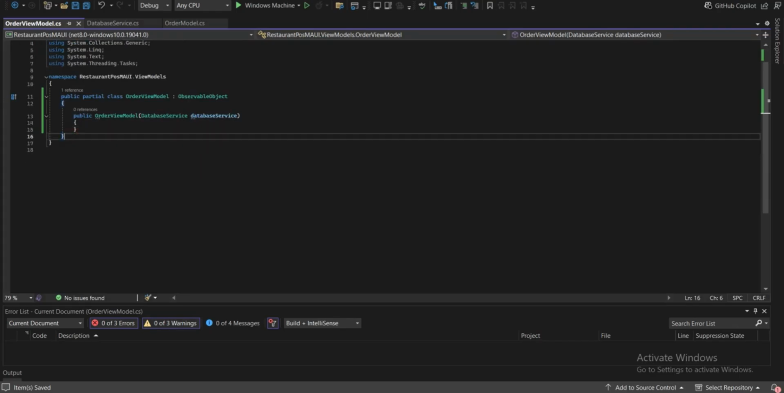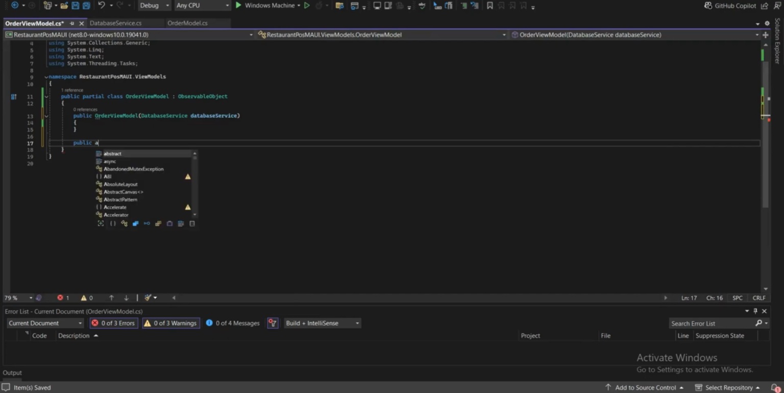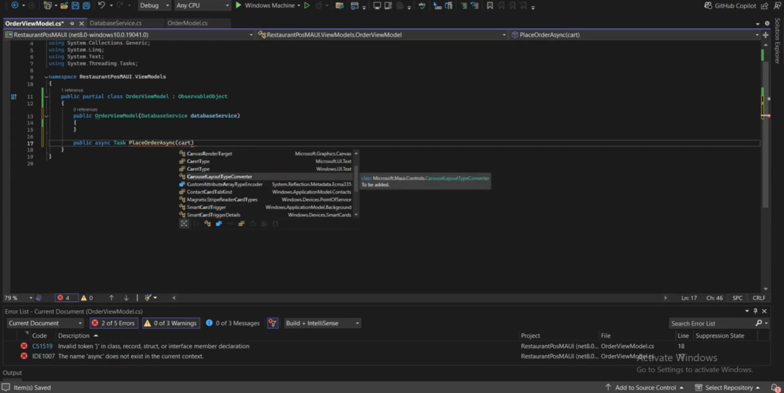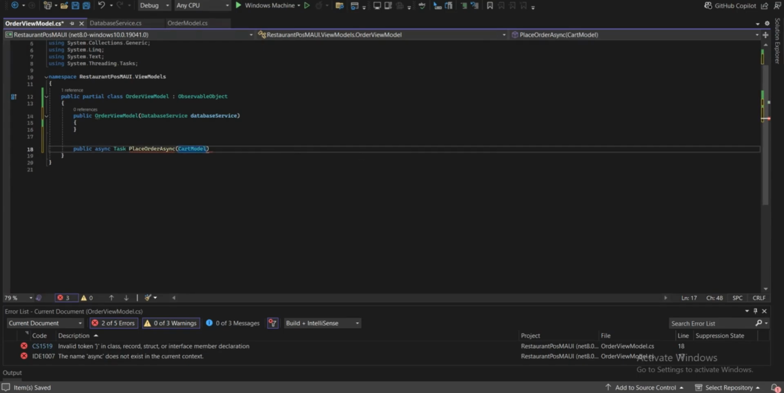After this, we will create another method, place order async, inside our view model for our buttons, which will be clicked. As soon as they are clicked, the event will be fired and our order should be placed. For that, we will create an async method, Task async, place order async, fetching the data from the cart model, which will be an array stored in cart items,